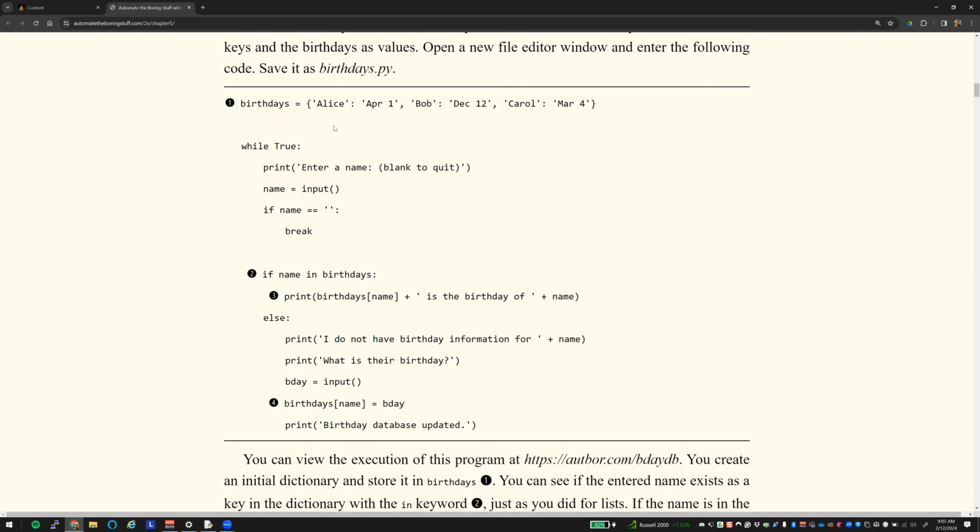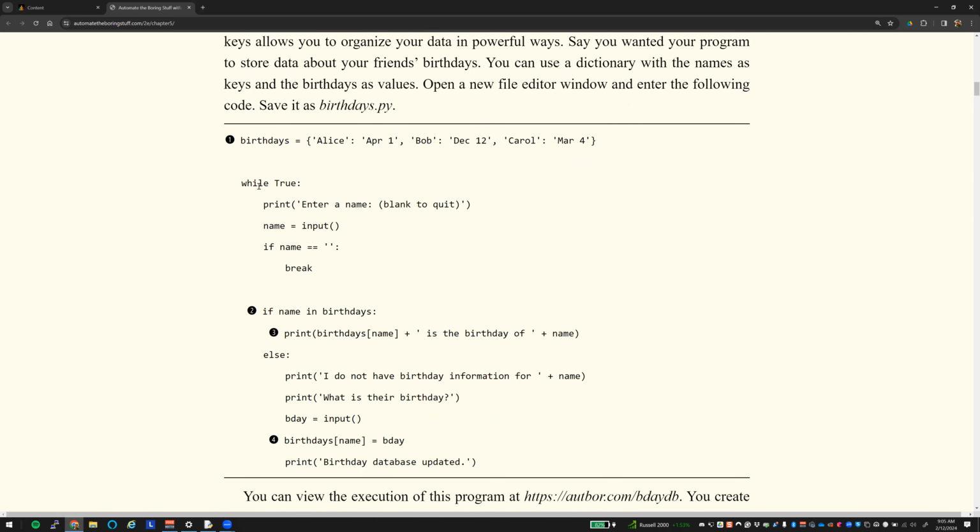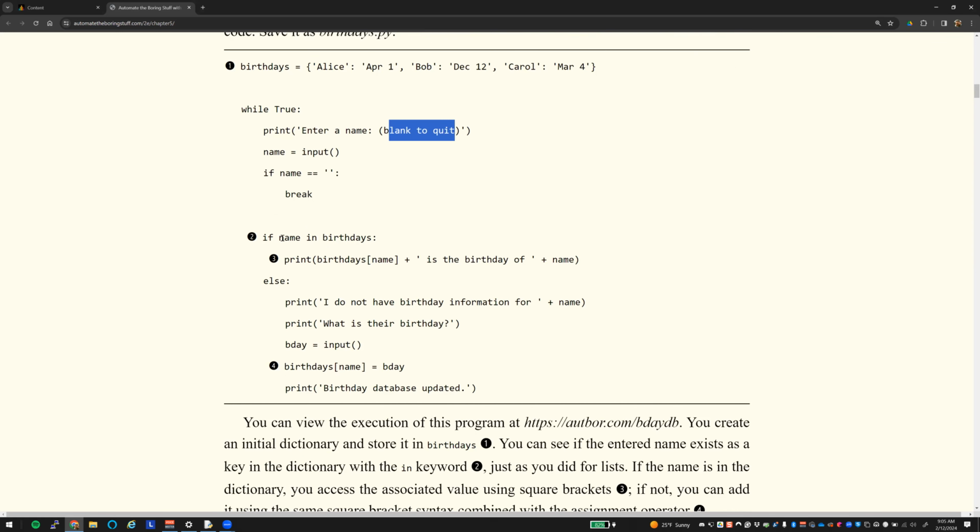So if we look at this example here, what this is demonstrating is that you can organize your values in however you want. In this case, we do a while True, and we say enter in a given name. We input a name. If the name is empty, then we're going to break out of here because we have blank to quit, right? If that name is in birthdays,